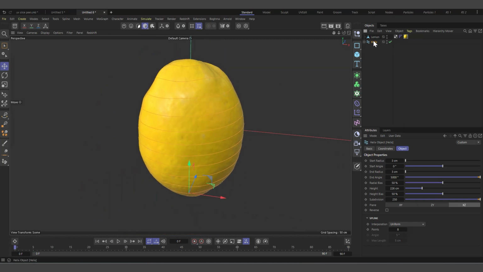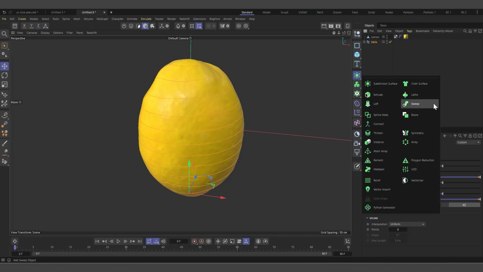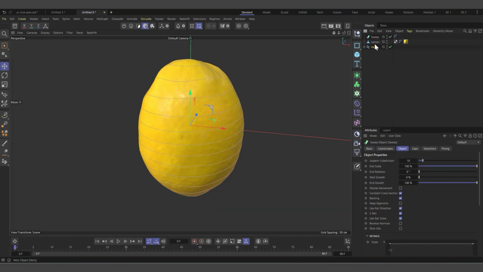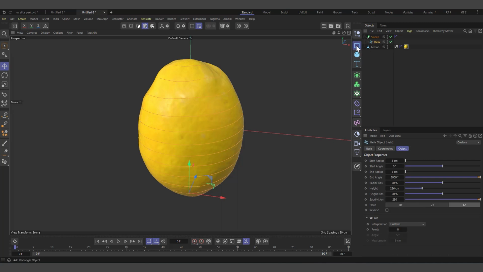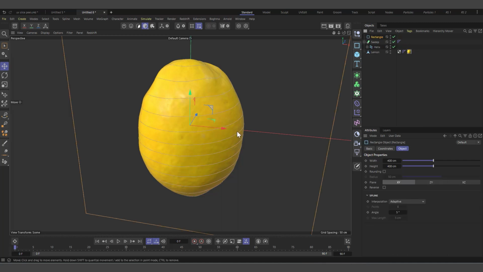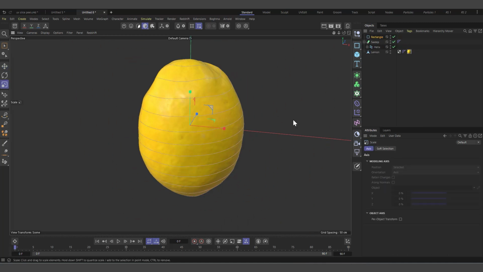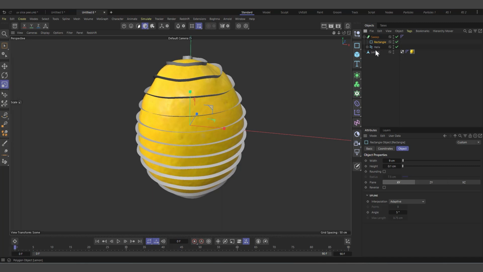So let's go ahead and use it to slice our lemon. To do that, we will create a sweep object, make the helix a child of the sweep, and create a rectangle and make the rectangle a bit smaller. As a matter of fact, let's select the rectangle and come to the width. Let's set it to something like 9, and the height, let's set it to 0.1, right? And make the rectangle a child of the sweep as well, so the rectangle first before the helix